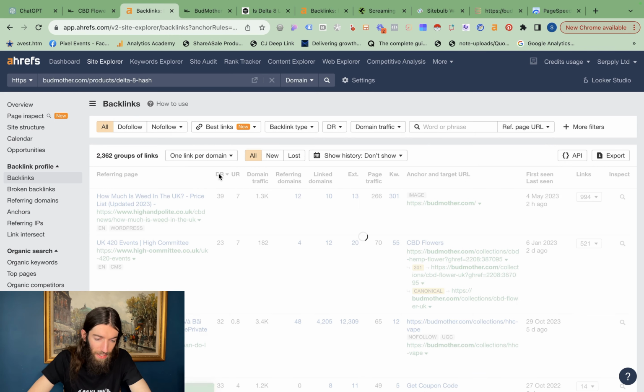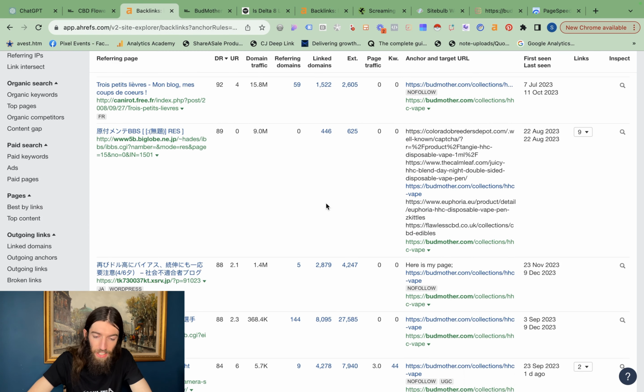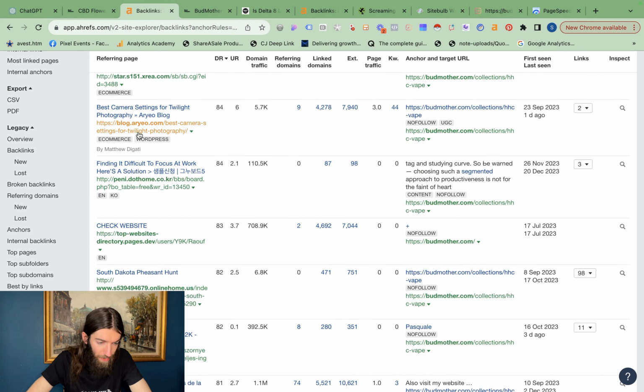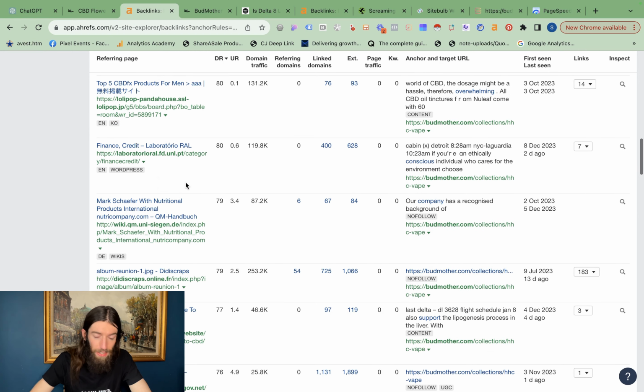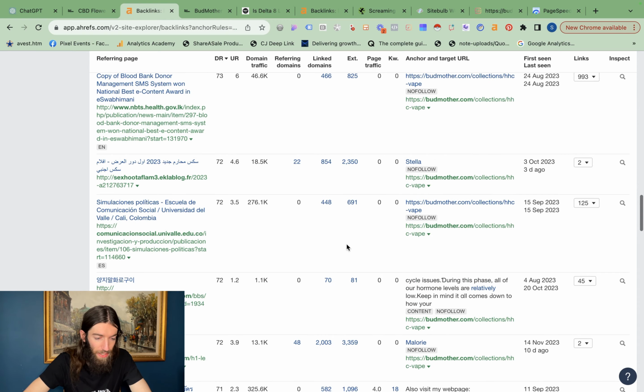Now what I tend to do here is just sort by DR and scan through to see what I'm seeing, just to make sure there hasn't been anything dodgy going on. So these links are looking a bit dubious, because this looks like some kind of automation spam. So you can inflate your domain rating without actually getting quality links. So whenever I start with a client, I like to